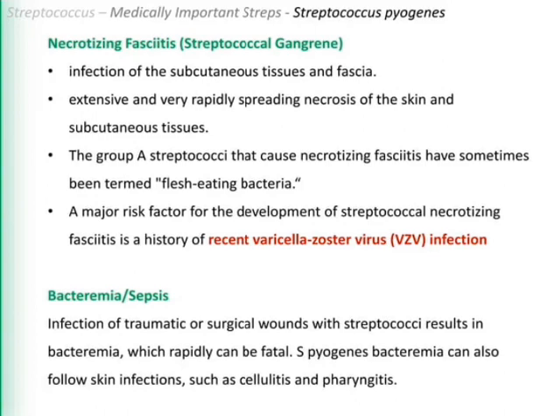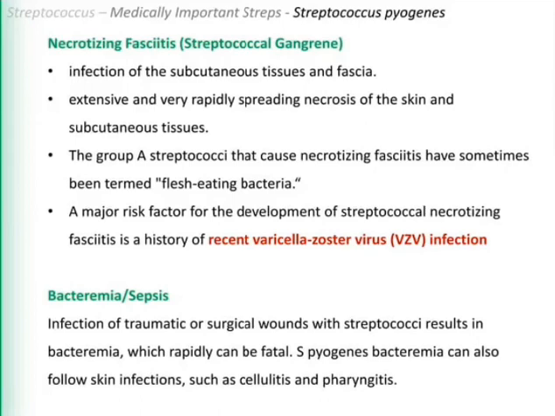Necrotizing fasciitis, streptococcal gangrene, is an infection of the subcutaneous tissues and the fascia, with extensive and very rapidly spreading necrosis of the skin and the subcutaneous tissues. The group A streptococci that cause necrotizing fasciitis have sometimes been termed flesh-eating bacteria. A major risk factor for the development of streptococcal necrotizing fasciitis is a history of recent varicella zoster virus